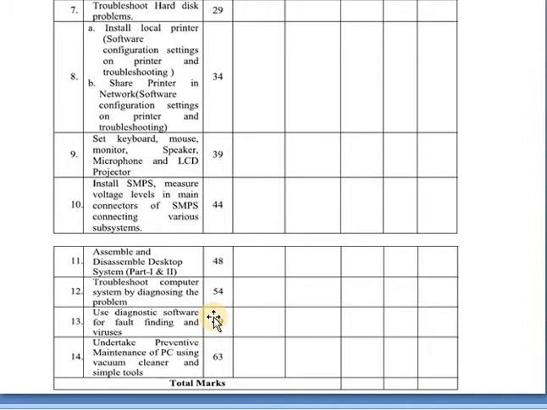Okay, next, that is use of diagnostic software for fault finding and viruses. Diagnostic tools are powerful and dedicated software that allow for diagnosing and troubleshooting your machine, so that they can provide some extra utility and can help you to track down the issues with your hardware and software.